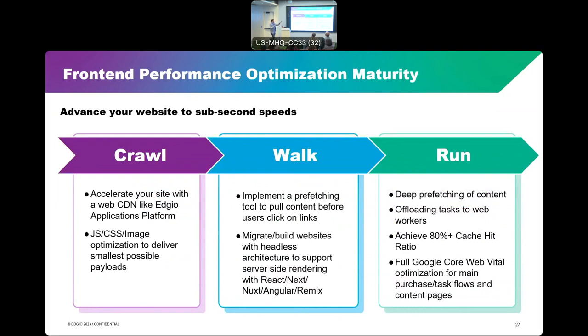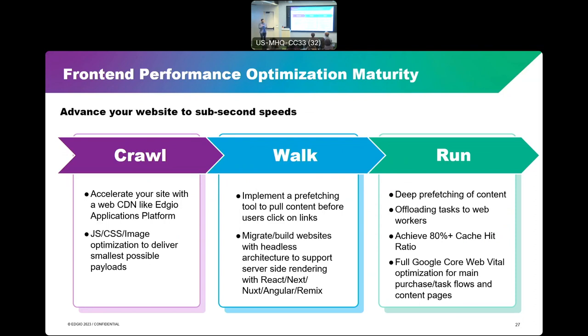And on the left, crawl: implement a CDN. Also do image optimization. I'll talk a little bit more about that in a moment. In the center, some more advanced CDN features like prefetching. And then you also want to consider your architecture, right? CDN isn't tied to your architecture, but the CDN can do more with certain architectures. If you have a headless or a